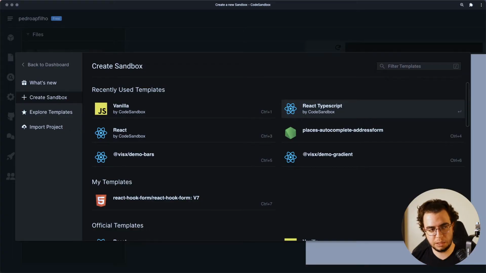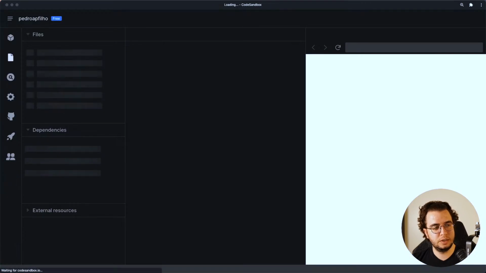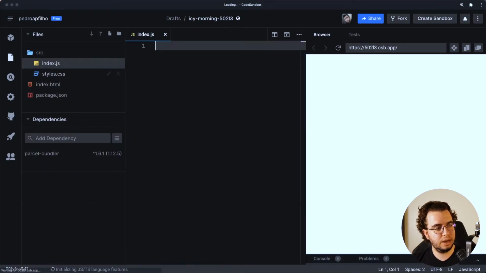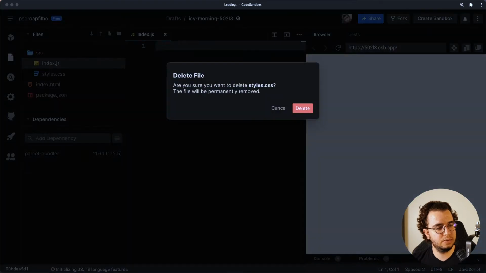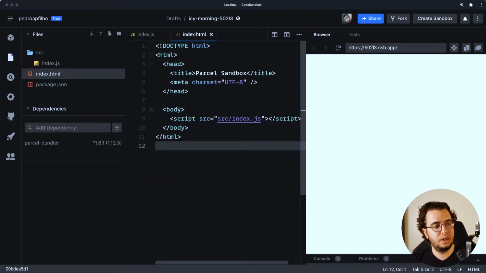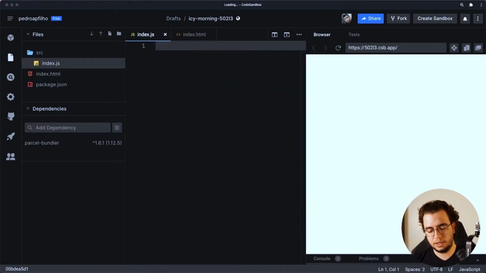In this case, I'm going to use CodeSandbox to create a Vanilla sandbox to actually load the JavaScript inside of it, and we have a good visualization on the right. Here I don't need these things and I don't need these styles, and I don't actually need this div. The way that D3 works is that first you have to import it, right?